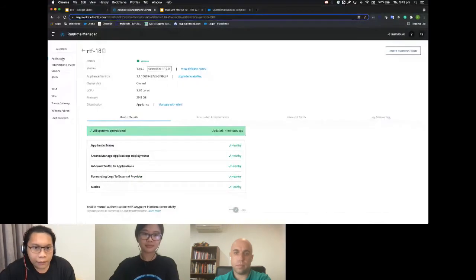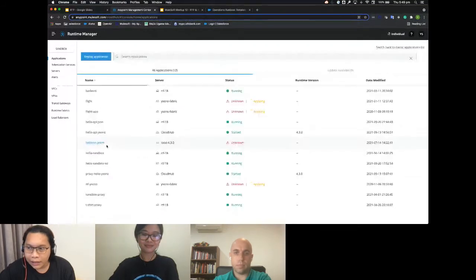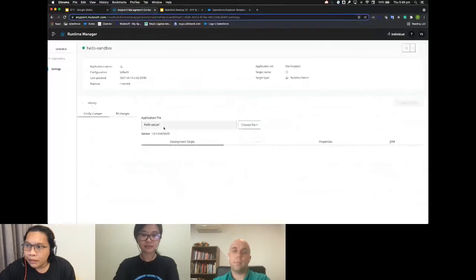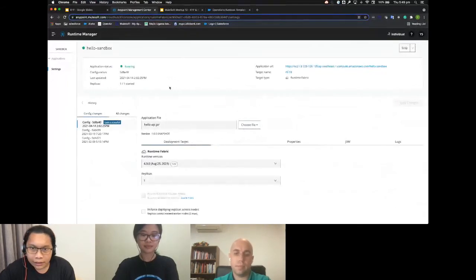The first step we need to check is whether your application is up and running. For example, this is targeted to the RTF. Is this one running or not, and was it deployed successfully or not?